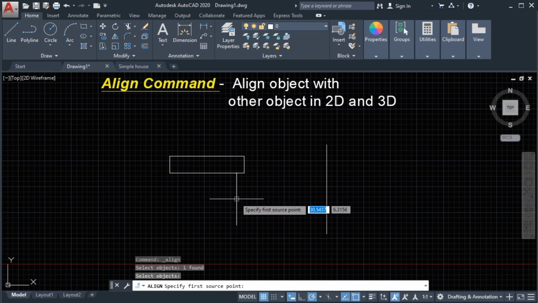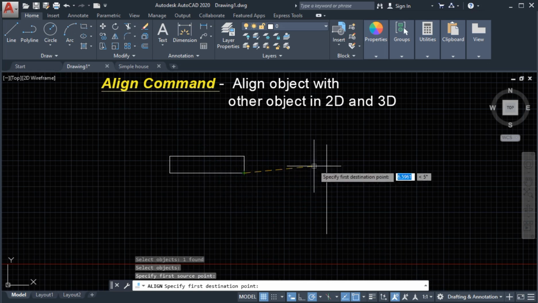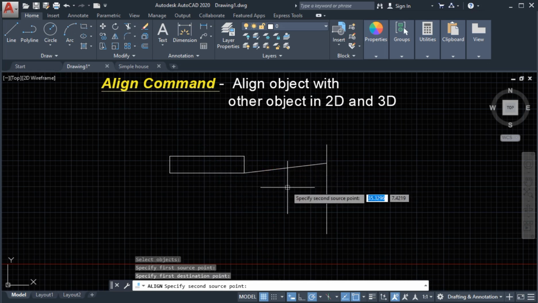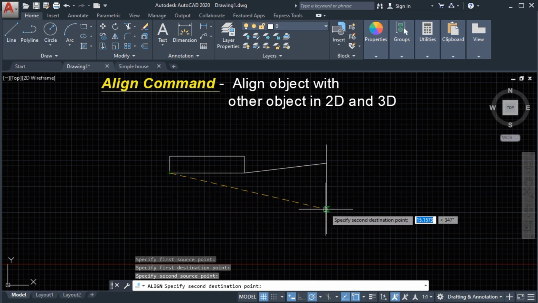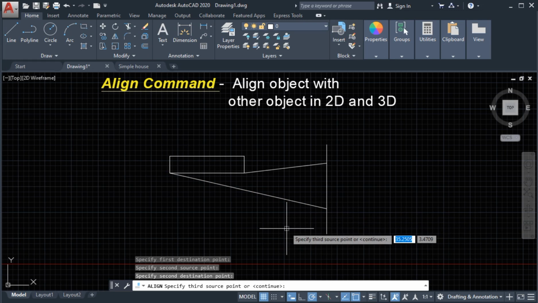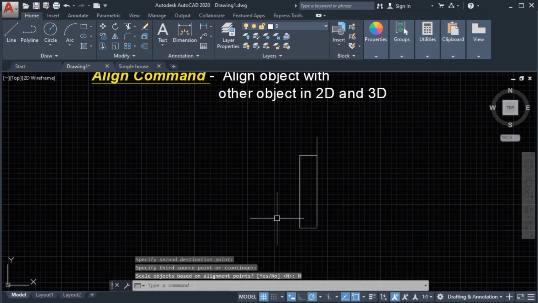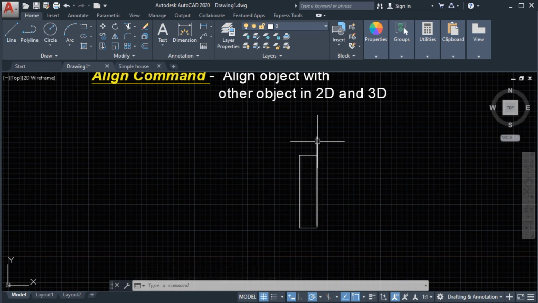So let's say we want to align this object from here going to here, and for our second point we'll use this point and then going to here, then press enter. Next, scale object based on the alignment point. So we'll select no. So now our object is aligned to this line.